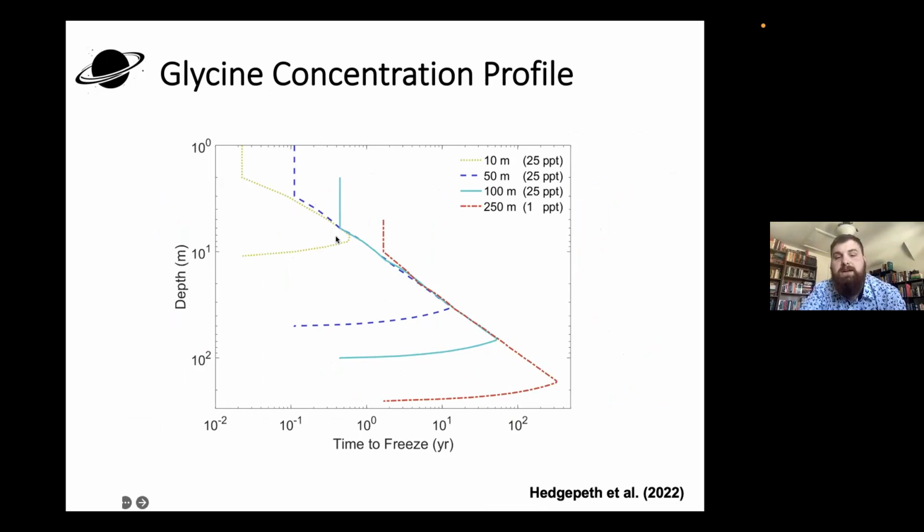Basically, if you have a melt sheet of a certain thickness, its top and bottom will begin to freeze, and I get an estimate of how long that takes. For a 10-meter melt sheet, you can see it starts to freeze quicker on the top versus the bottom because it's exposed to the atmosphere. And the point is that you can track through time.